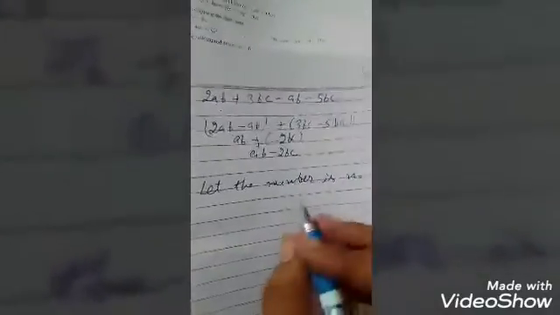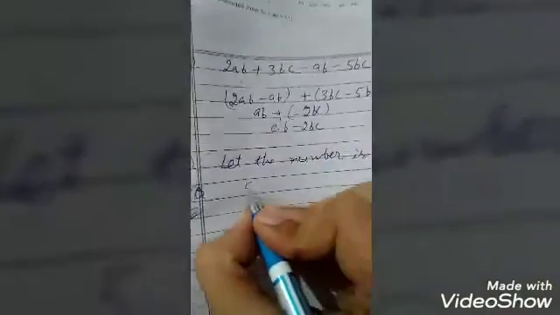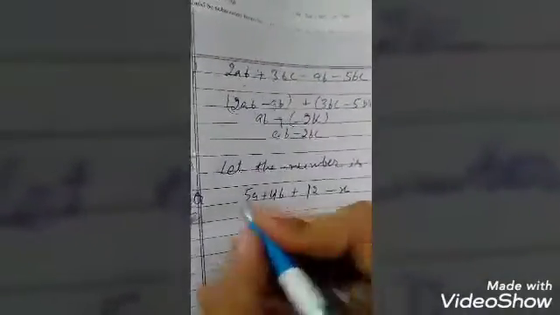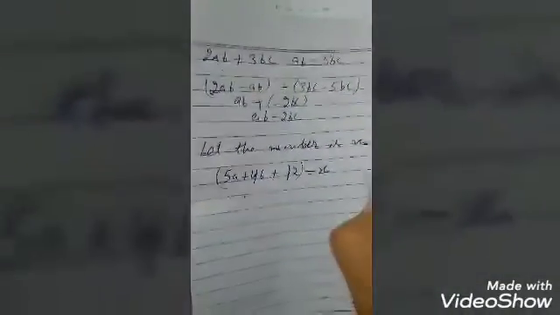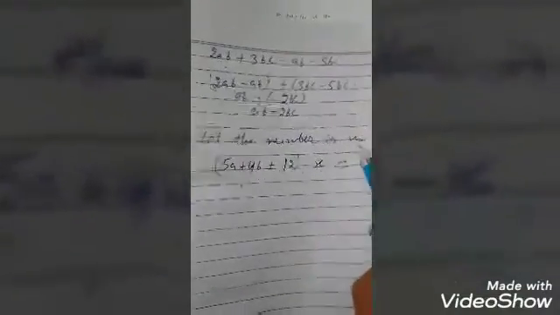Okay. Now, according to the question, we have given 5a plus 4b plus 12. We have to subtract the number from this number. It means we let x, we will subtract x from this number. They are saying that our answer will be minus 4a plus 2b plus 19. When we subtract a number from this number, our answer should be this. So I let the number be x. We have to find the value of x.